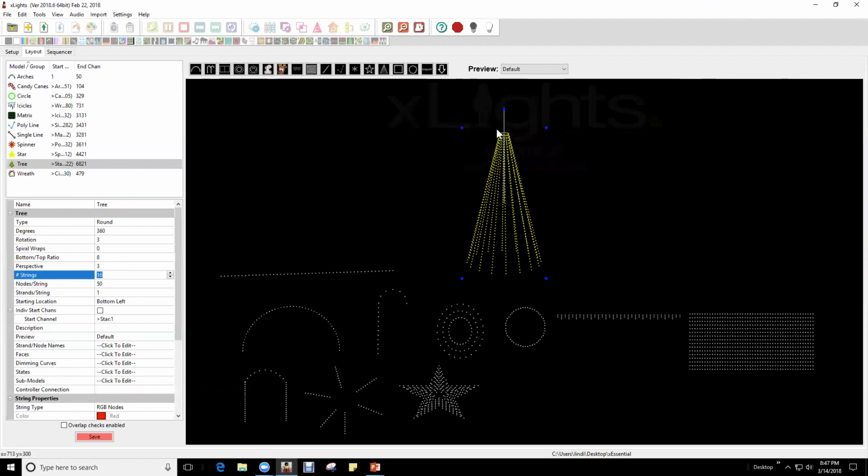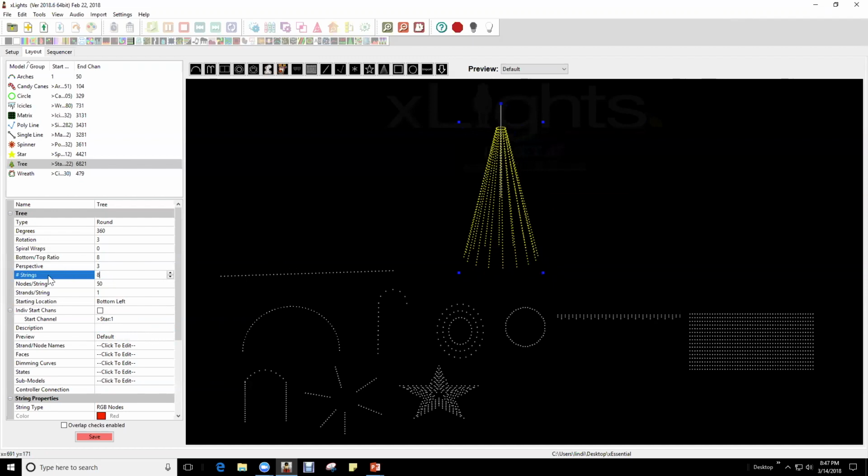There's no connections at the top to it. It's all at the bottom or at the top. You can put it in either way, however you choose it here in this menu. So excuse me on that. But typically you put your controller on the ground and you run each output into each individual strand and run up. Now, if you're trying to save outputs and still achieve this, you can do 8 strings,